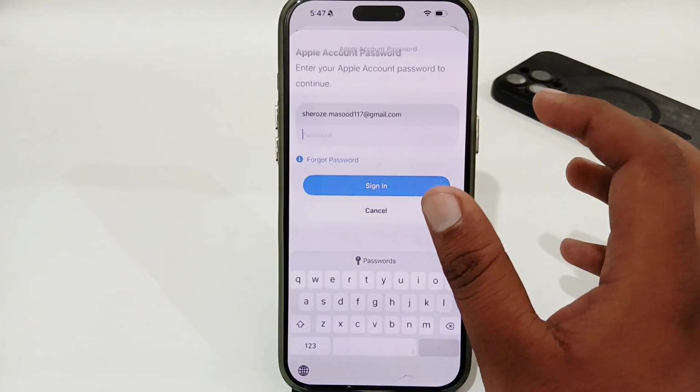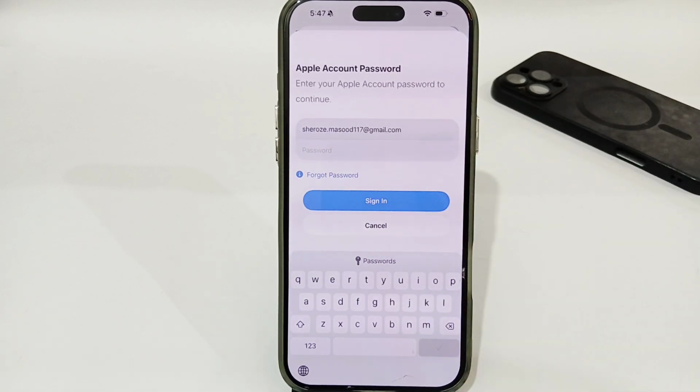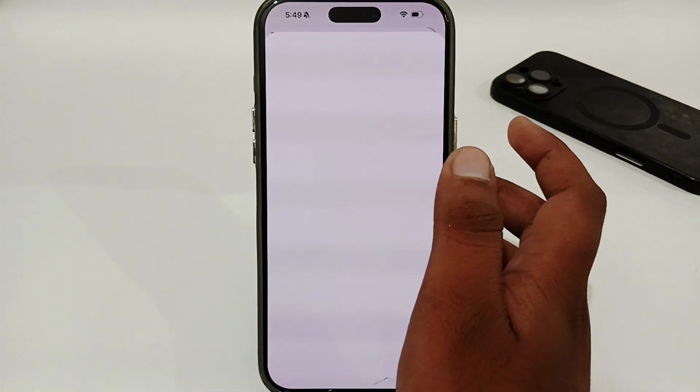and here you just have to wait for the next screen. You have to enter your Apple account password here, and once you enter your password, you will get this type of screen. You have to simply select the Country or Region option,